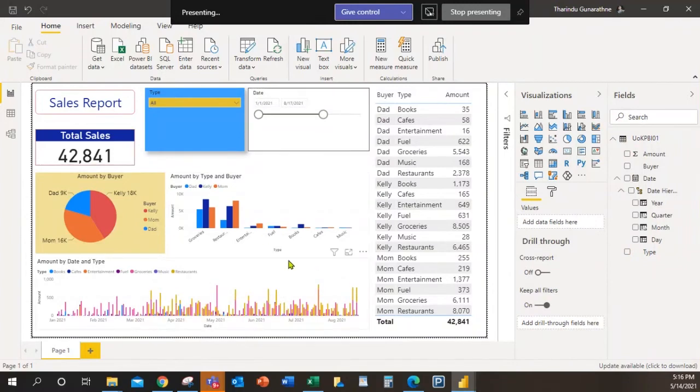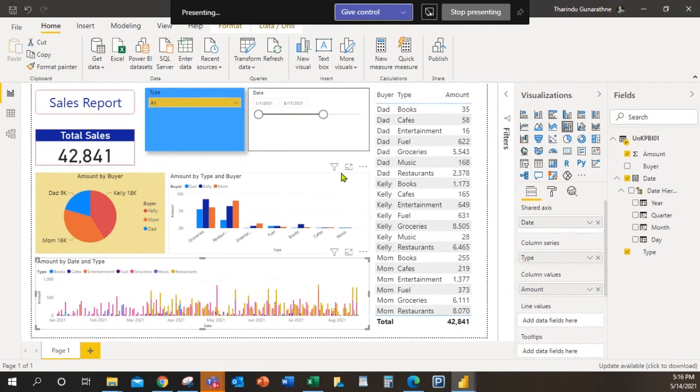So now I think you have a basic understanding of how to create a report. We started at, let's say, 5:30, so within 45 minutes we already created a simple report. Since this is your first time, it will take this much time. But if you are familiar with it, you can create this kind of report within 5-6 minutes.